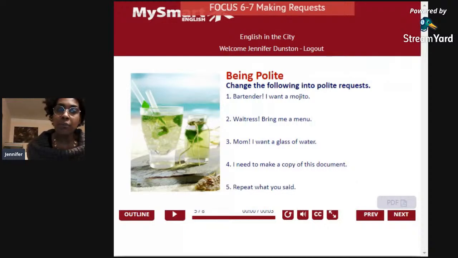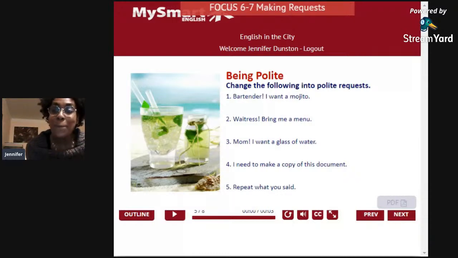So you're at the bar. It's happy hour. You've had a long, stressful day, and you want a mojito. How do you ask? As you come up with your answers, just type them in the conversation box so we can take a look at what everybody is thinking. You're at the bar, you're at the pub, you're meeting your friends for a happy hour. It's been a long, stressful day. Quarantine is finished, and we're allowed to go out.